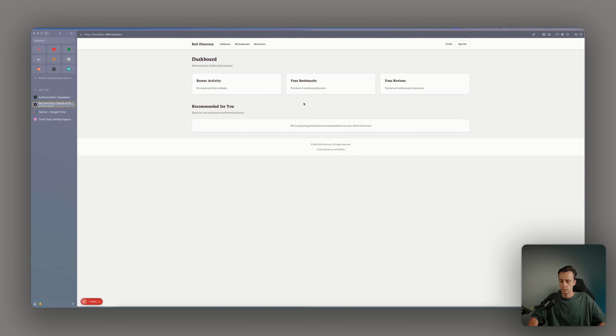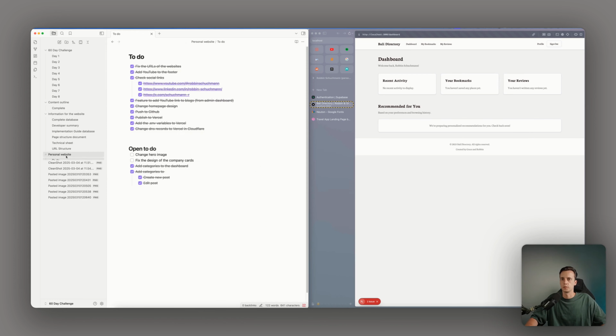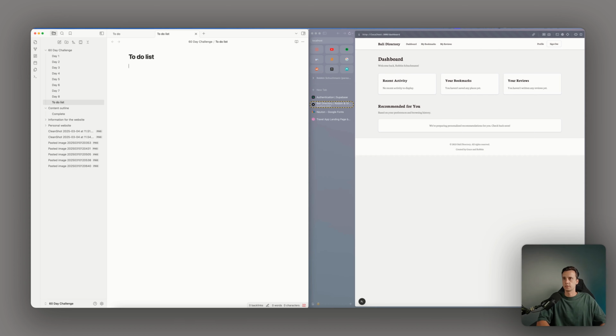So what I'm also gonna do is open Obsidian. Not personal website, so we have the... Let's put in a 60-day challenge. To-do list. So now we have website visitor dashboard hosted under dashboard. To-do